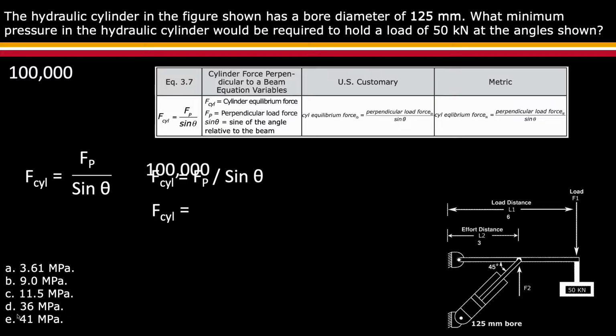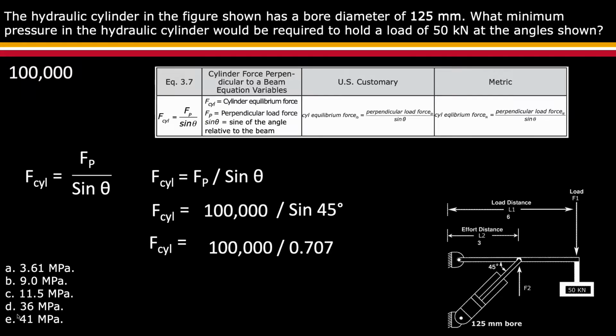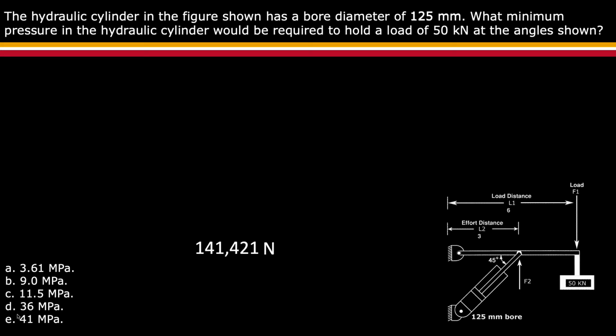Using the equilibrium force we just calculated of 100,000 newtons and dividing it by the sine of theta, which the graphic depicts as 45 degrees, which is equal to 0.707. Remember, you can calculate the sine of theta or use the charts provided in the math book to determine the sine of a 45-degree angle. The equation now becomes 100,000 divided by 0.707, determining that the force of the cylinder is